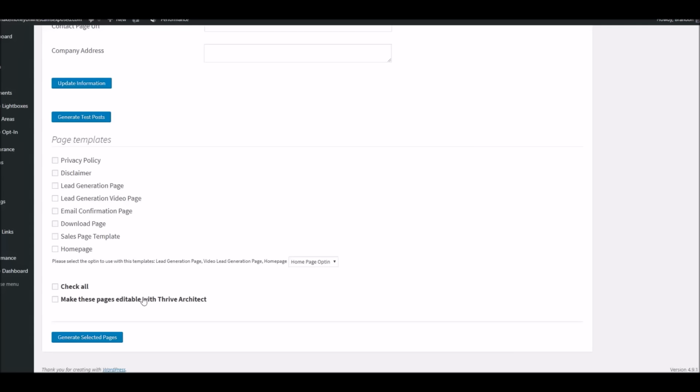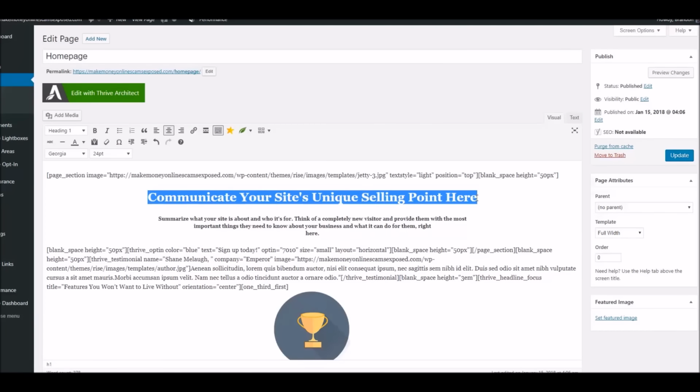Then also you can make these pages editable with Thrive Architect, to edit them even further with a true front-end editor. So if you do have Thrive Architect, which is an added plugin, you can also edit these with Thrive Architect. But if you don't, you can still edit them just like this, where you would change right here,